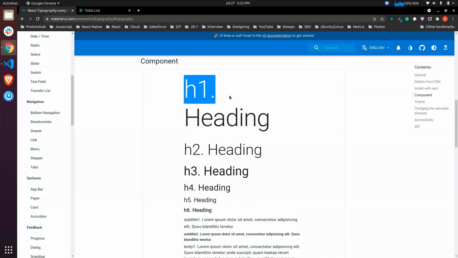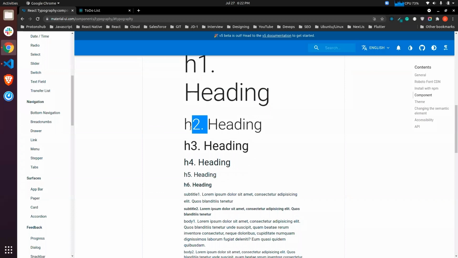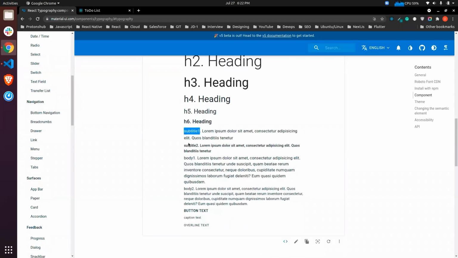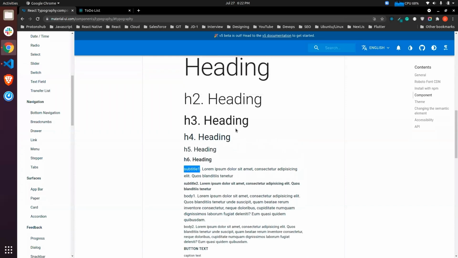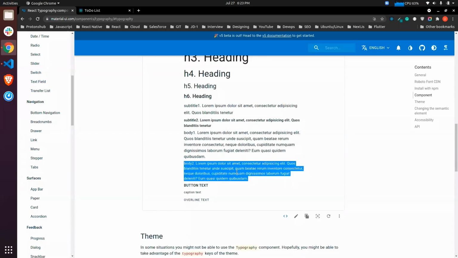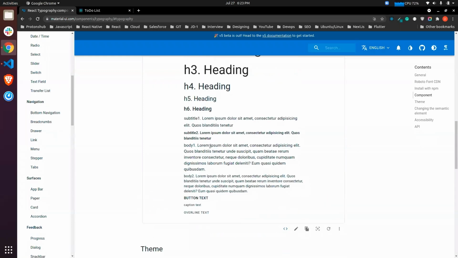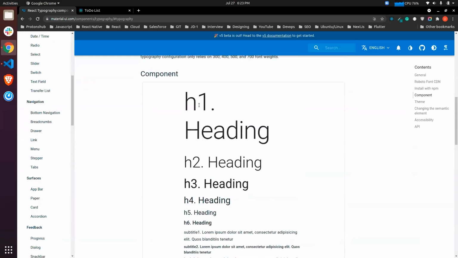We have an H1 variant, we have heading, we have H2, H3, H4, H5, H6, subtitle 1, and they have predefined font sizes, so you don't have to worry about the font sizes every time. You just have to mention the variant of the typography and it will automatically be applied. So let's say we want to apply typography of H2.